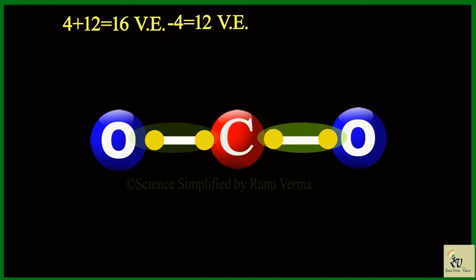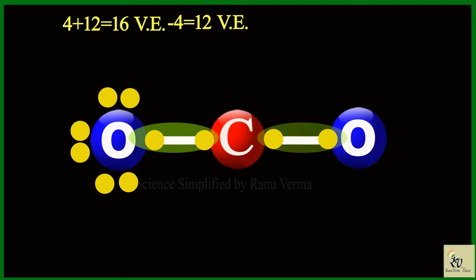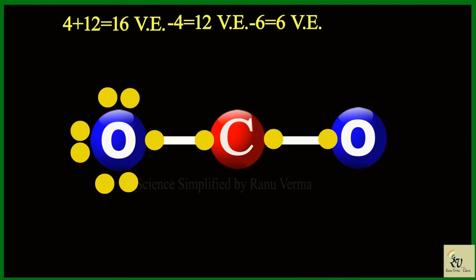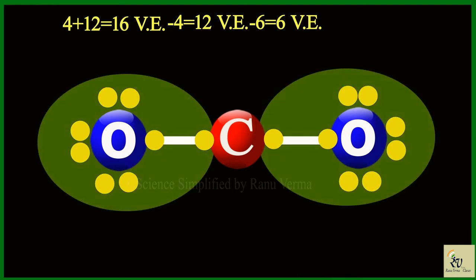First of all, we have to complete the octet of the corner atoms. So, in each oxygen, 2 electrons are already there because they have made the bond. Now, we have to complete the octet. Place 6 more electrons around the oxygen in pairs. Now, out of 12, we have 12 minus 6 equals 6 electrons left. Now complete the octet of the other oxygen in the same way. The octet of both the oxygens is now completed.